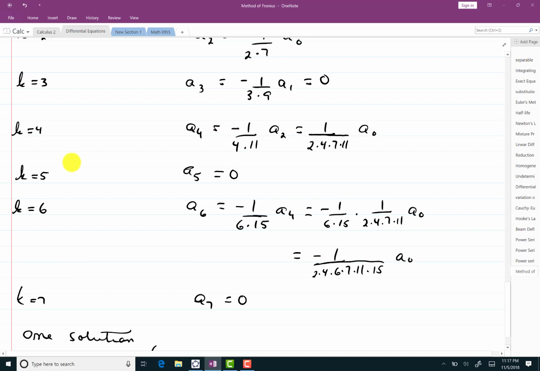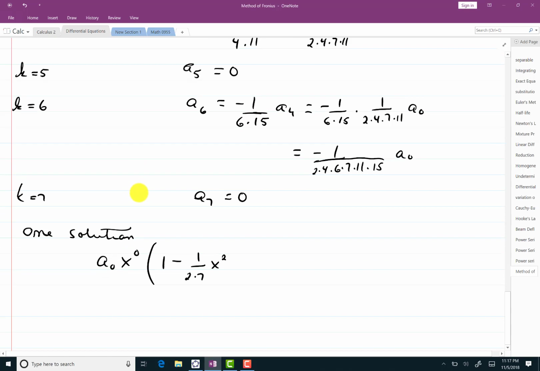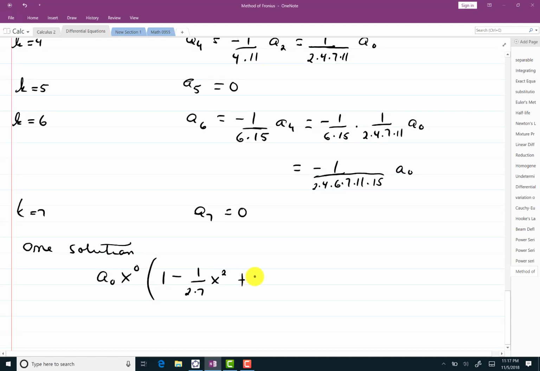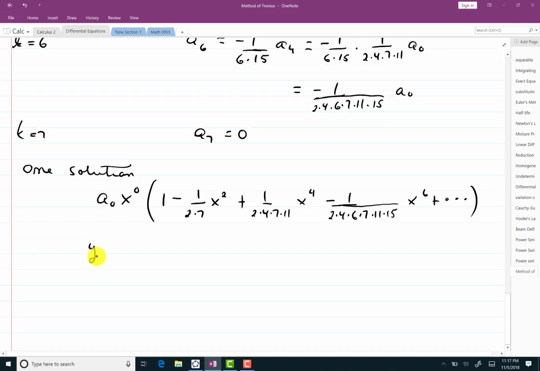And then x to the 4th, I get 1 over 2 times 4 times 7 times 11. And I have x to the 6th. And these coefficients are going to grow out of hand very quickly. And that's one solution. So in fact, we can think of a y1 equal to 1 minus 1 over 2